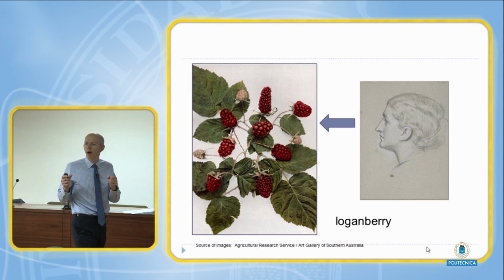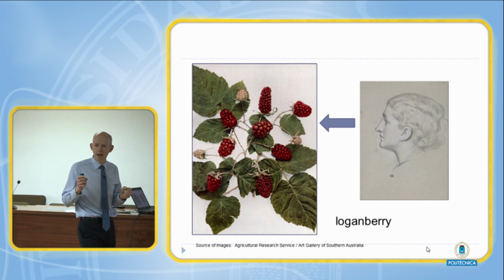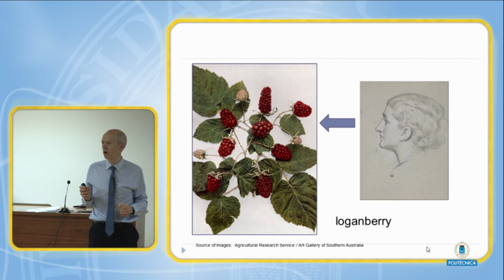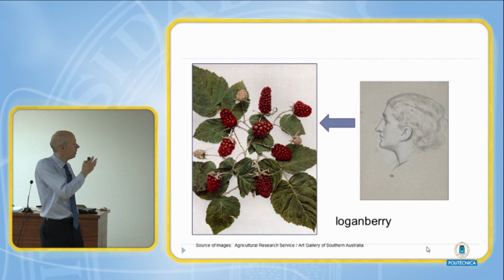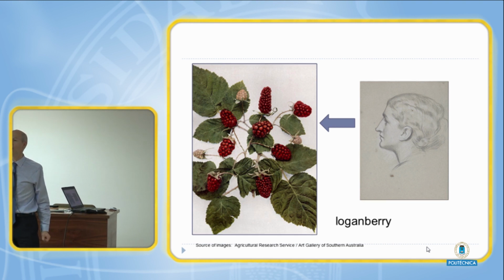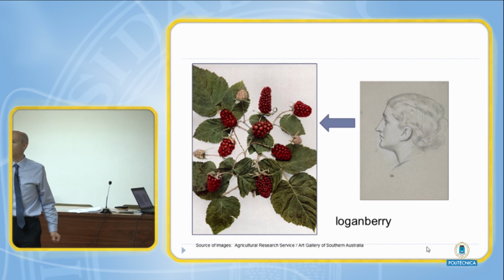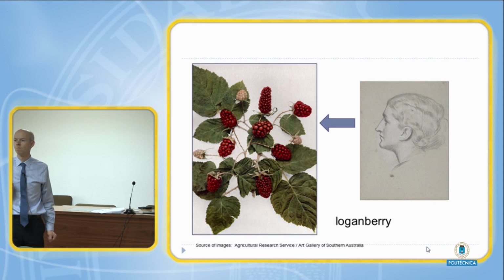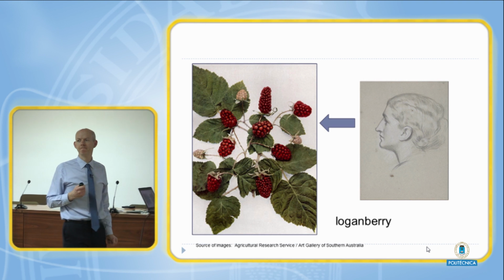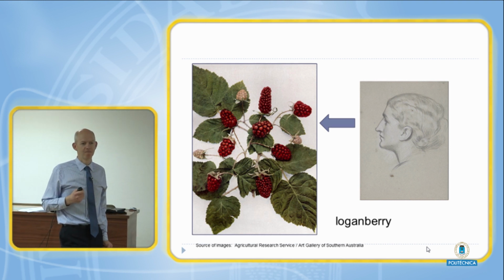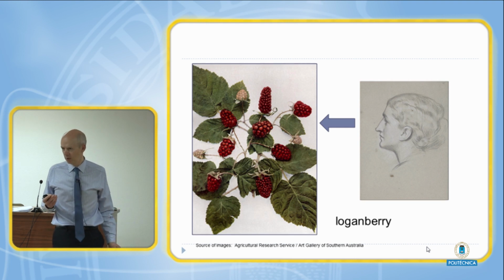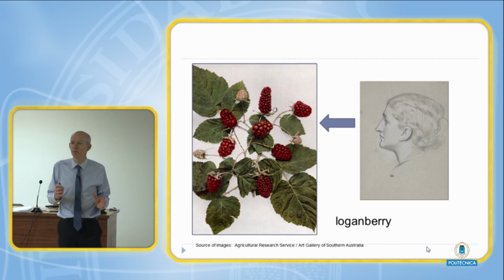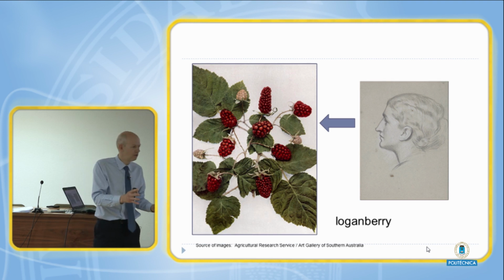So thinking about how the process works, I'd like you to imagine that you've gone to the market to do some shopping and you come across this particular fruit, a loganberry. Does anybody know a loganberry? Can you buy a loganberry here in Madrid? Yes. So it would be quite an unusual fruit. So imagine you're coming into the market and you see there's a loganberry.